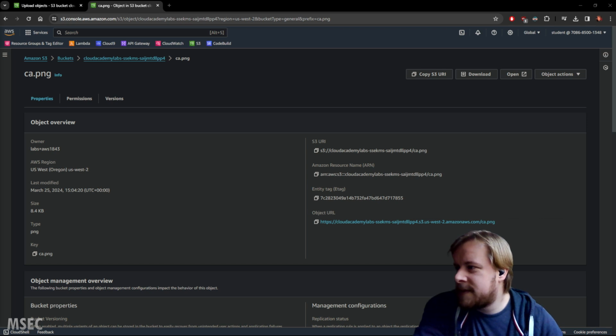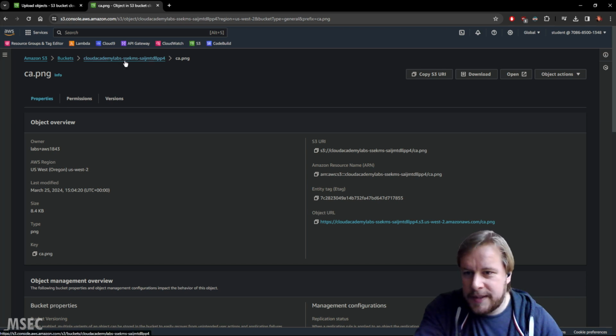Now we're going to enforce S3 encryption using a bucket policy. So it's useful to know that the individual objects can be encrypted, but we can also enforce that all objects are encrypted. We're going to implement a bucket policy that requires KMS to be used for all objects put into the bucket, as well as specifying the CMK used for the encryption. Policy should be enforced when the bucket is created, since existing objects in the bucket will not be encrypted when the policy is applied. So if we go back to the bucket,